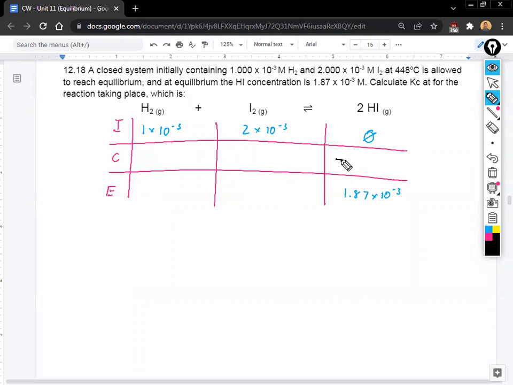So obviously this is going to be plus 1.87 times 10 to the negative 3. Now, if you guys notice the coefficients, it's going to be 2 for every one of these. Which means that here we're going to have 1.87 times 10 to the negative 3. The change is equal to 2x. I'll do x this time because we know what x is. X is going to be the base change. And so x should have been